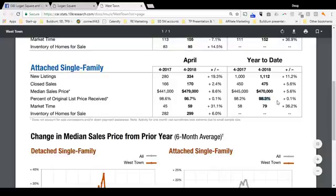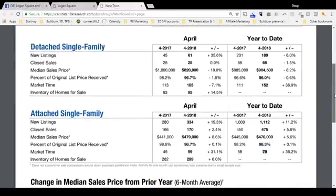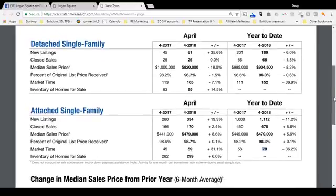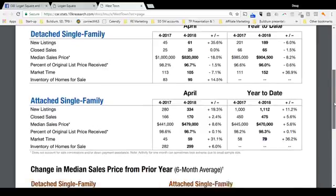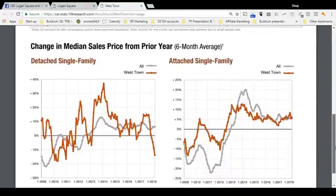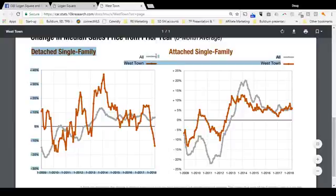Sellers are getting pretty much what they're asking for. It's pretty much flat, but it's great though because it's 98.3% of the asking price. However, it is taking a little bit longer. So you're probably a little happier if you're a condo or townhouse seller right now versus a single family home seller. And if we look at the big picture, once again, the gray line represents all homes in Chicago,